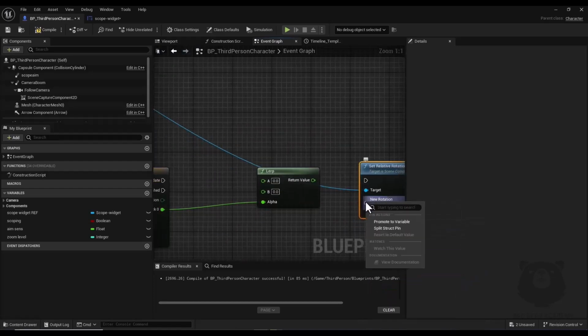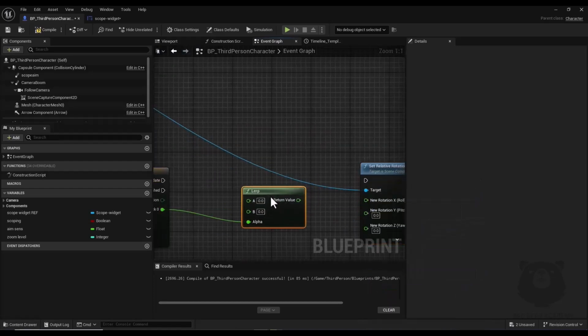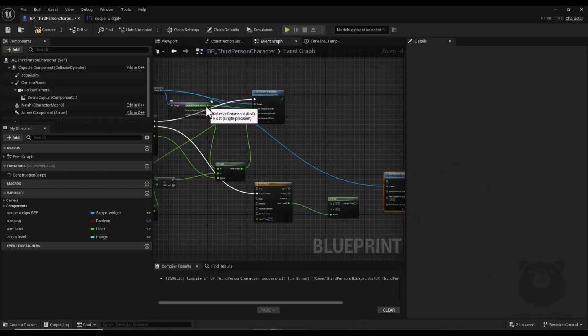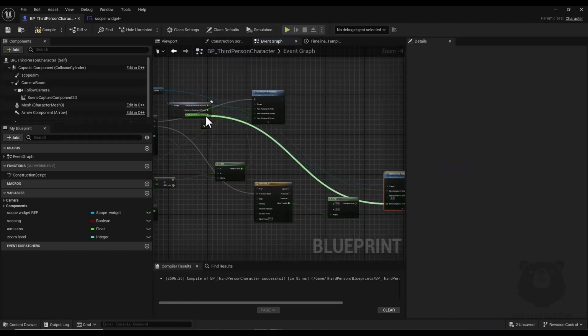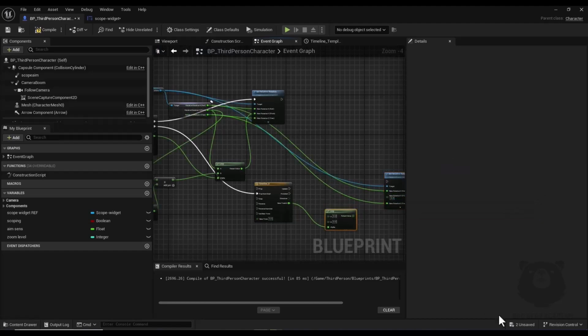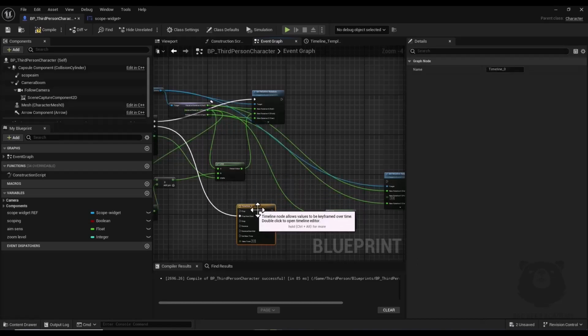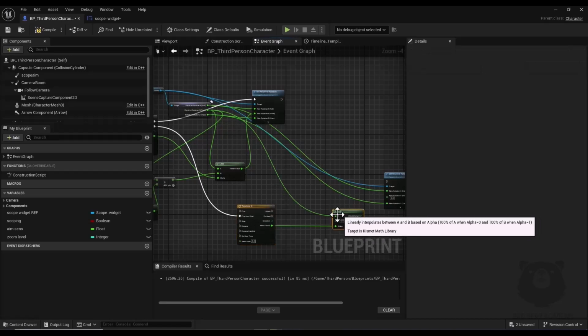And here I right click and click on split struct pin, and here again I connect X to X and Z to Z. And now here I connect the rotation Y to A input,